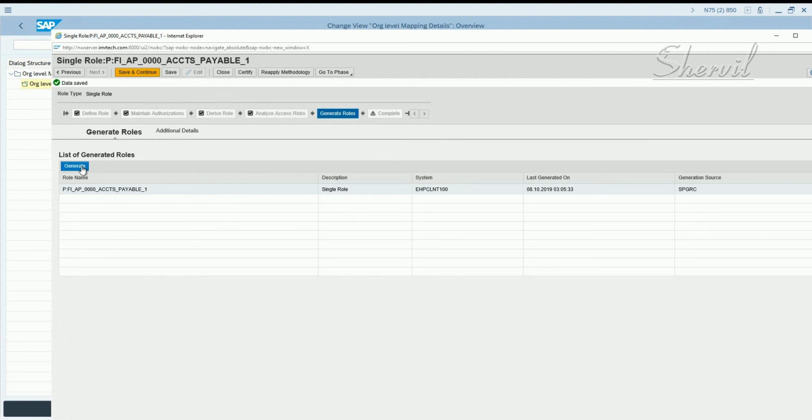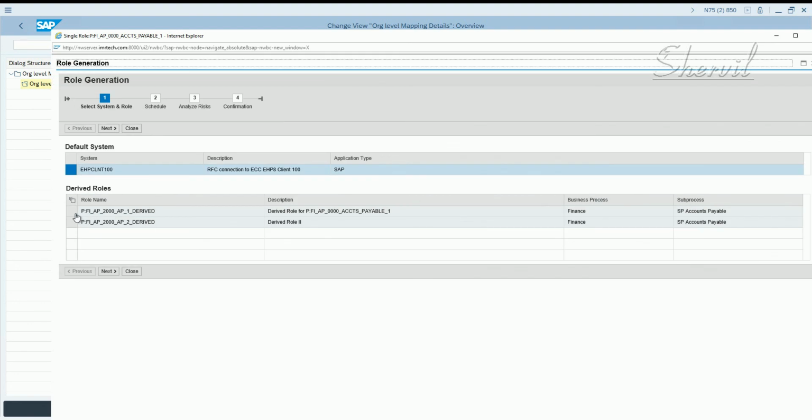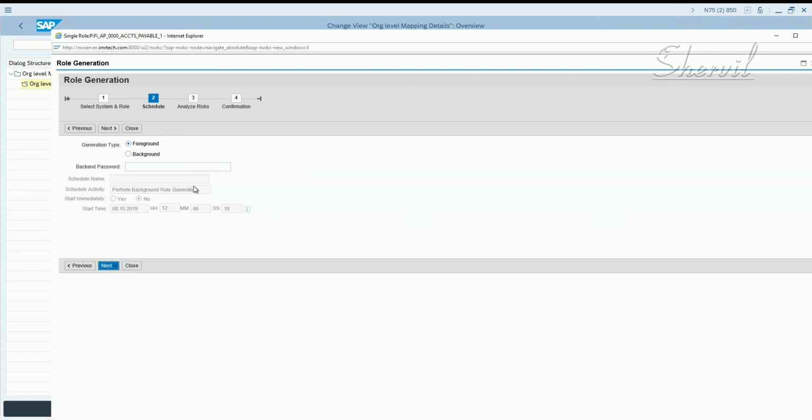Generate roles. Select the roles that you want to generate, right? Okay, so select both the derived roles and say next. Give your password, and next.